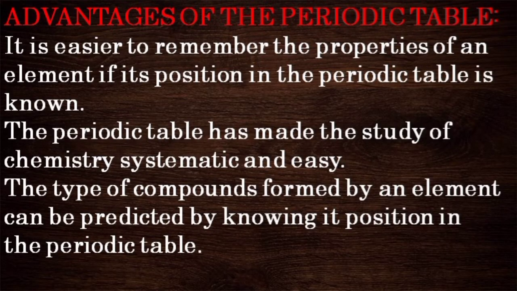It is easy to remember the properties of elements if its position in the periodic table is known. So, this table is able to make us remember all the properties related to elements. The periodic table has made the study of chemistry systematic and easy. The type of compounds formed by an element can be predicted by knowing its position in the periodic table. So these are the main three advantages that you can see as far as the modern periodic table